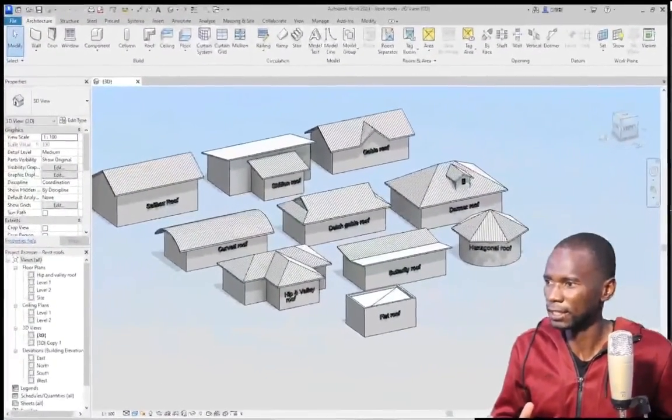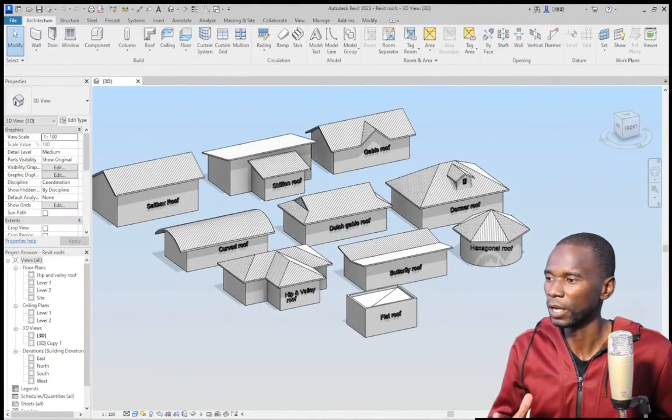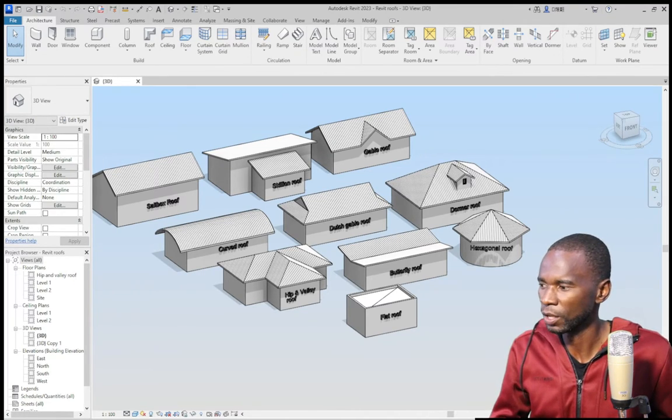Now, you see that, as I've mentioned, we are going to use Revit, and these are the roofs that we are going to model within Revit. And the application is quite easy in Revit once you just master all the techniques that I've explained in this